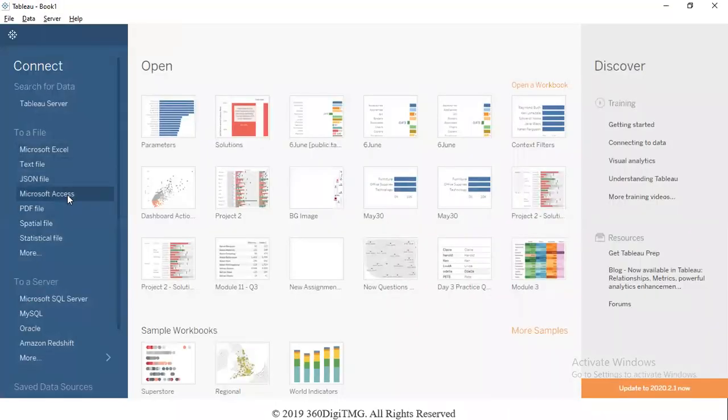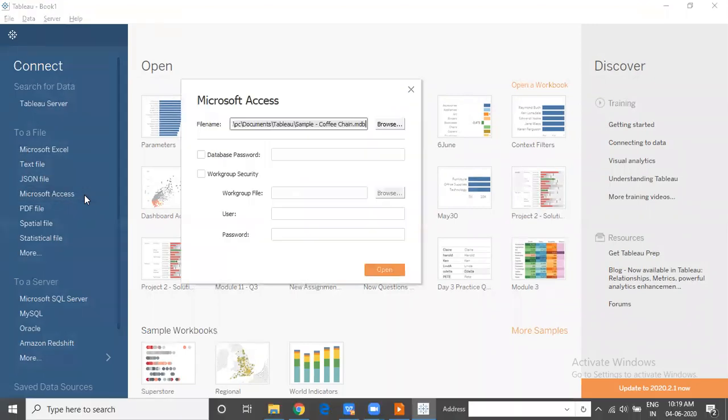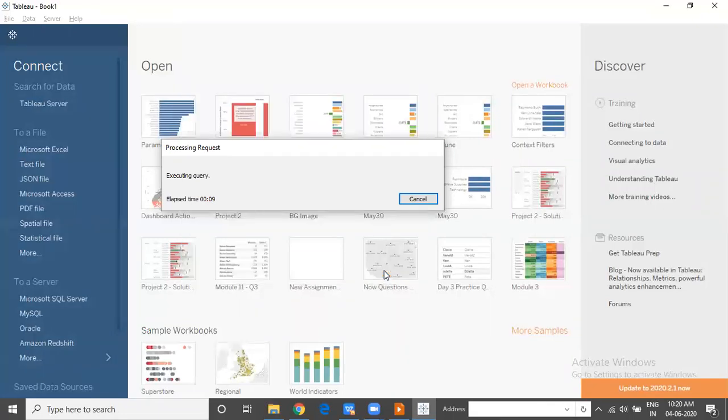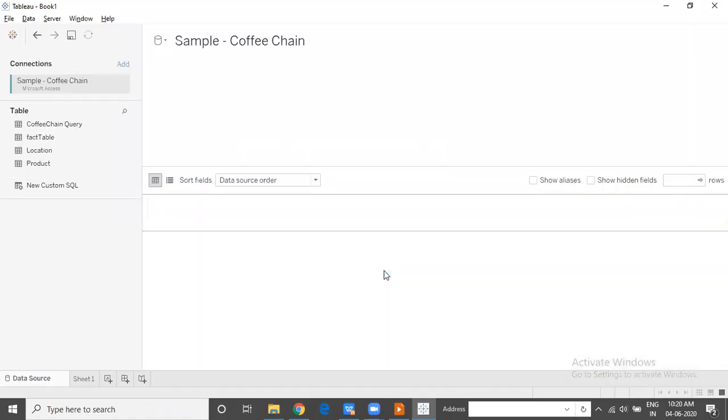I'm going to use connection to a Microsoft Access database called Sample Coffee Chain. Sample Coffee Chain is a transactional database which contains transaction details about the sales happening with coffee chain business on a daily basis. So they sell different types of coffee and tea related products.